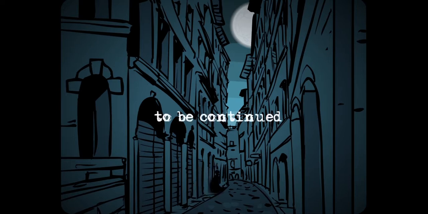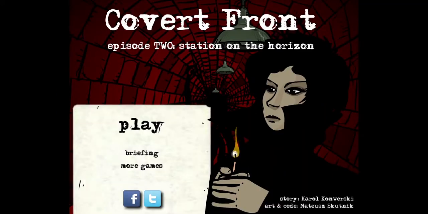It's not quite over just yet, obviously by the to be continued sign. Yeah. But that was Covert Front Episode 2, Station on the Horizon. Things are seemingly going down. There's a lot more in play here than we thought there was. So, maybe next time in Episode 3, Night in Zurich, we'll be able to find out a little bit more. Maybe even find Von Toten himself. I mean, the point is kind of to find out what the hell happened to him. But in any case,